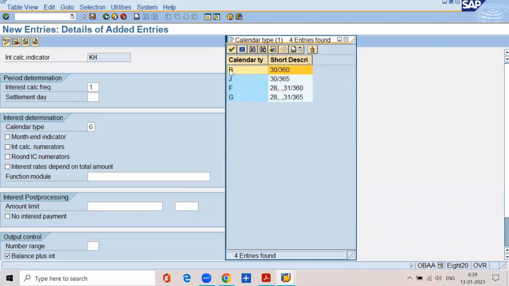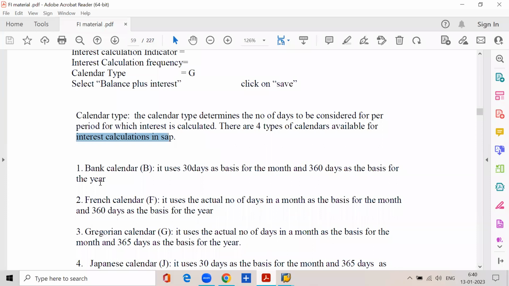Here, B stands for bank calendar, J stands for Japanese calendar, F stands for French calendar, G stands for Gregorian calendar. So what does each calendar type imply? Number one, bank calendar. It uses 30 days as the basis for the month and 360 days as the basis for the year. That means